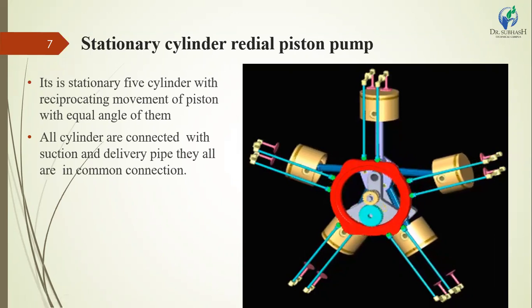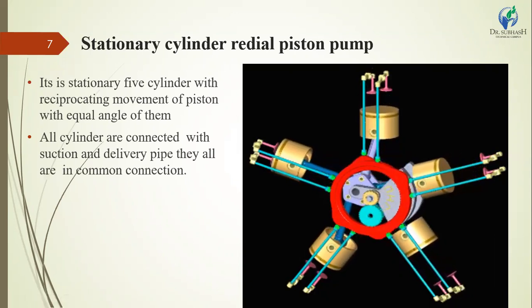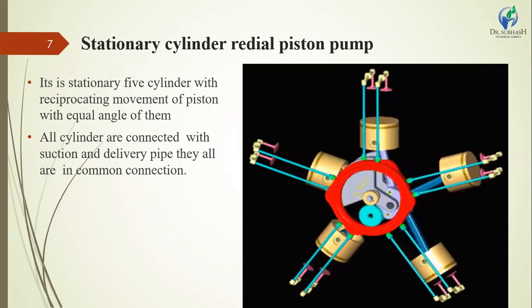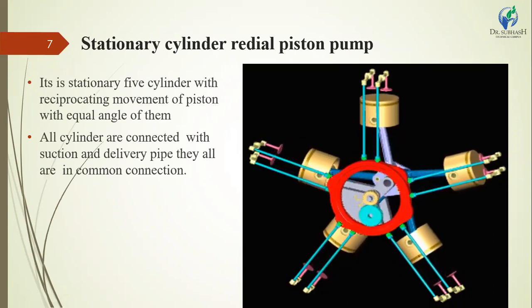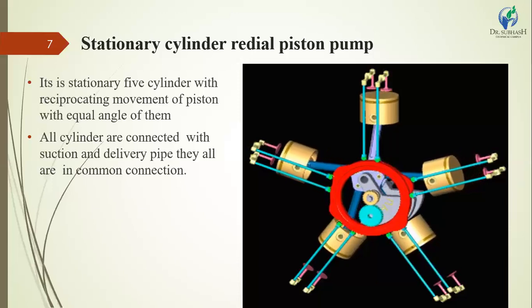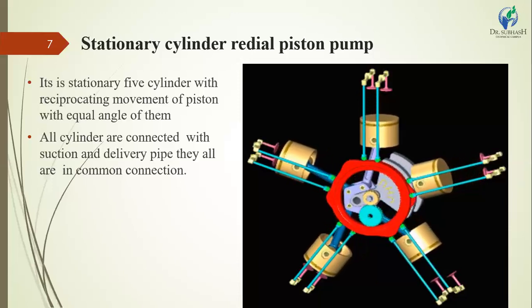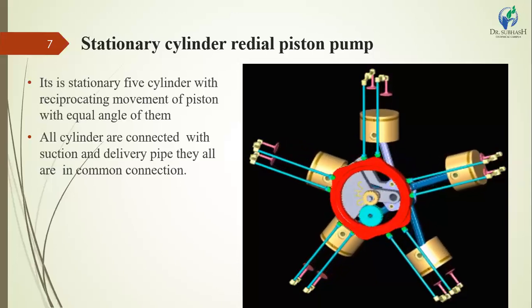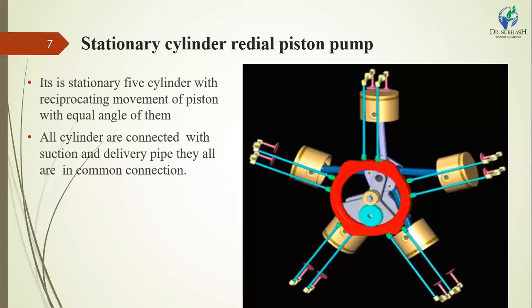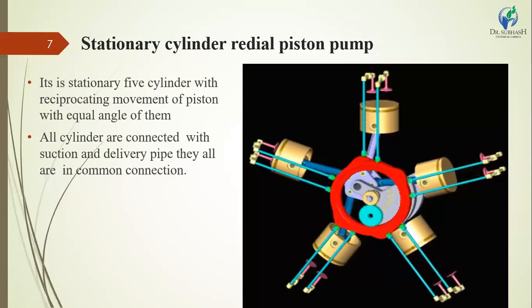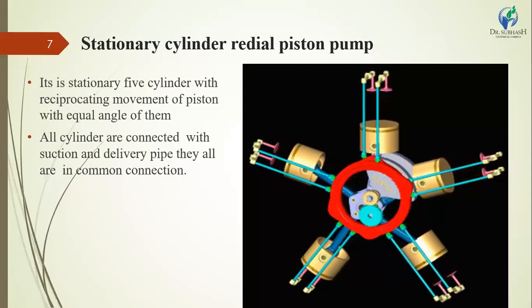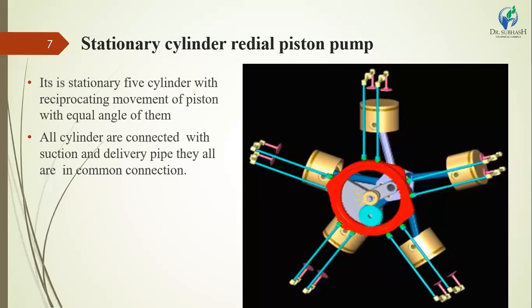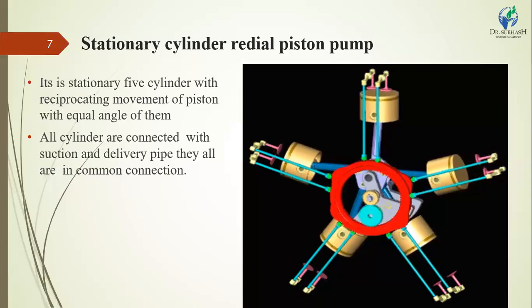Here we have completed the positive displacement type of pump. In part 1 of hydraulic rotary pumps, we discussed the external gear pump, internal gear pump, lobe pump, G-rotor pump, and screw pump. In part 2, we studied the balanced vane pump, variable displacement pump, straight axis piston pump, bent axis piston pump, and stationary cylinder piston pump.